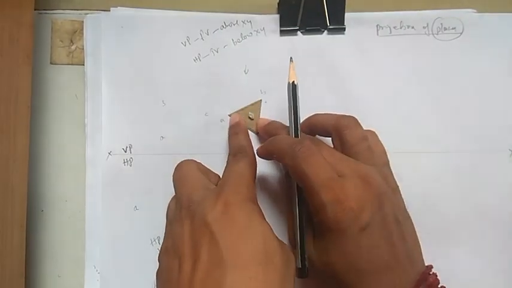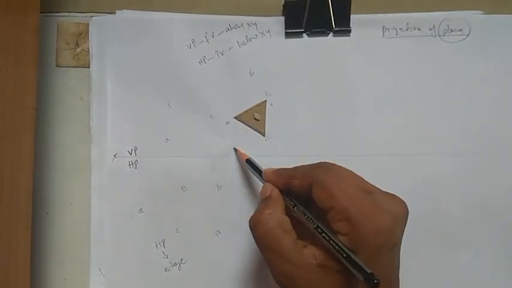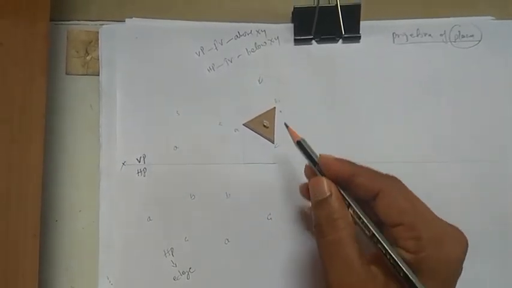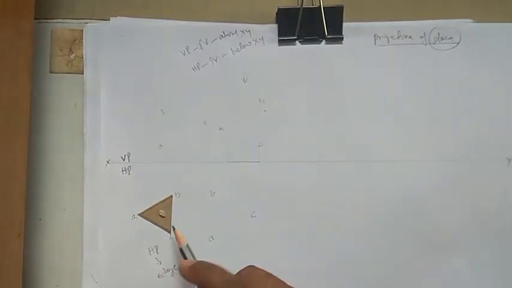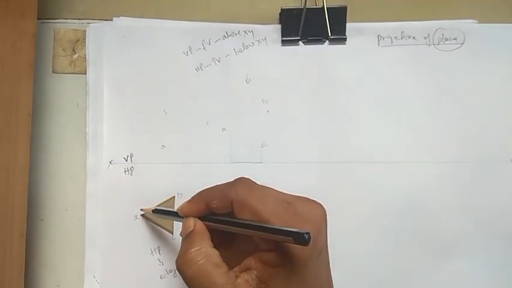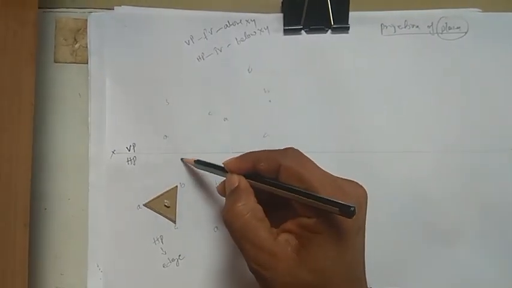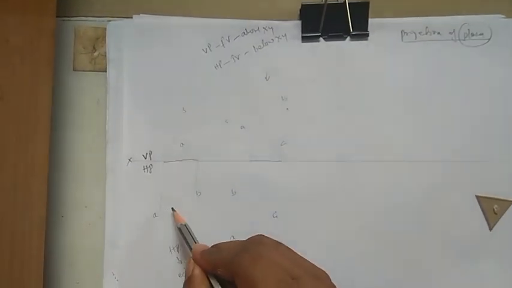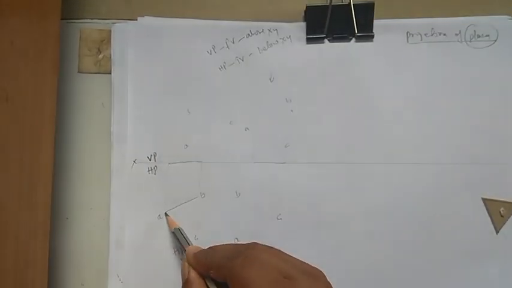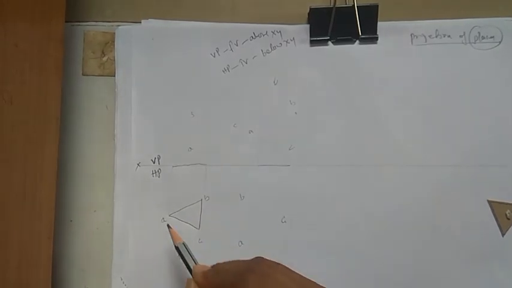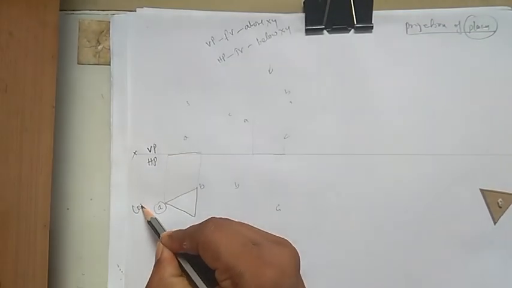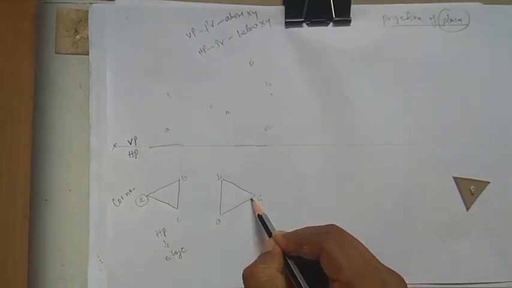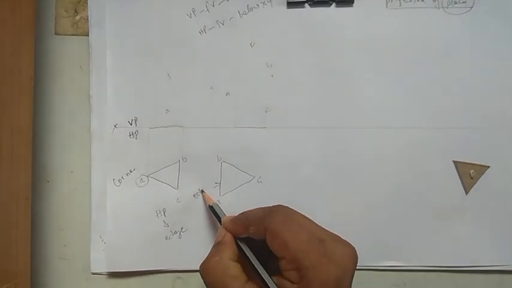To draw that one, what you have to do is just project this one here, and here exactly it looks like a line. So if you take the same thing here, if it is resting on the corner, you can just take projections here. So here it looks like a line, right? Now just to have a recap, this is how exactly a triangle lamina resting on the corner, and here this is how exactly a triangle lamina resting on the edge.